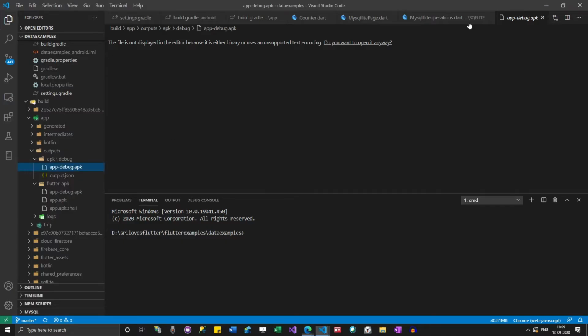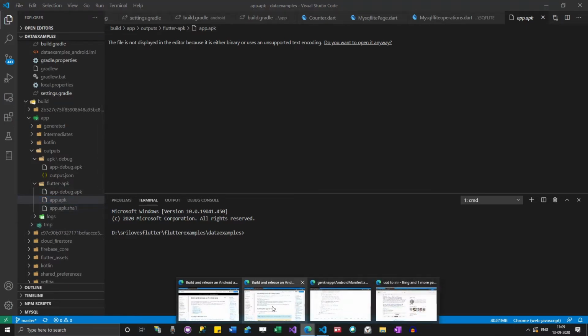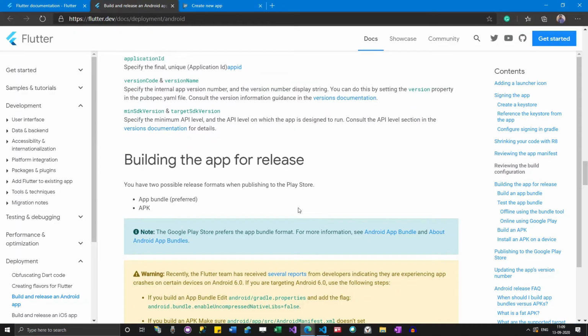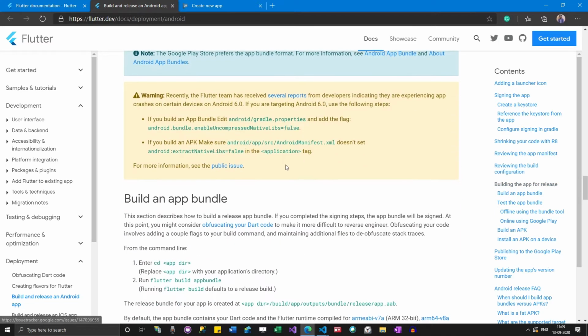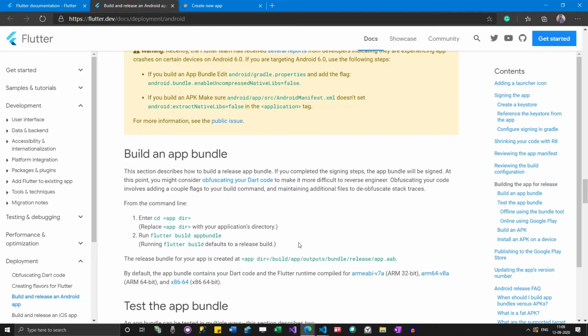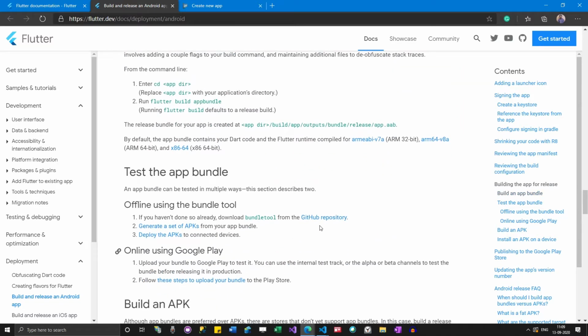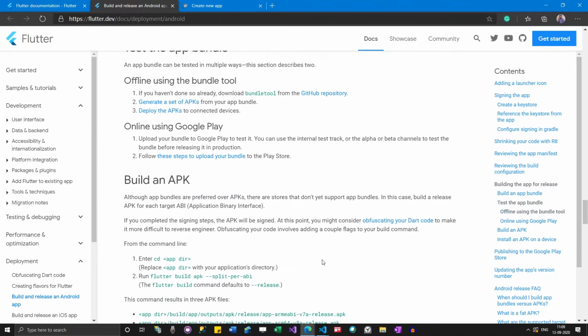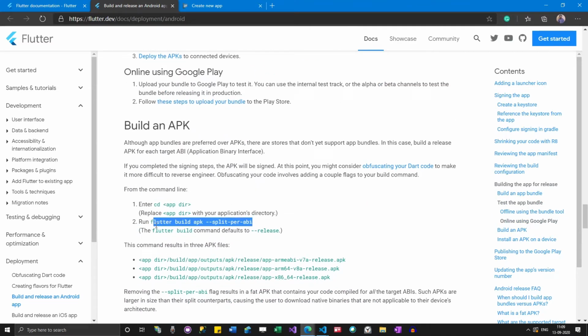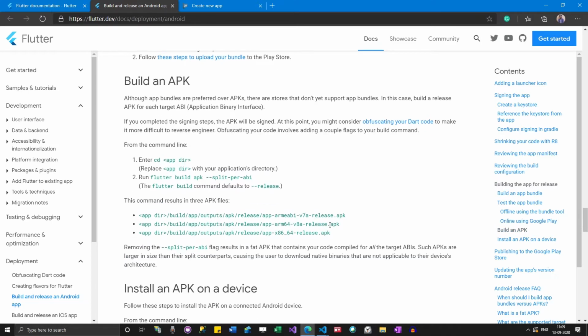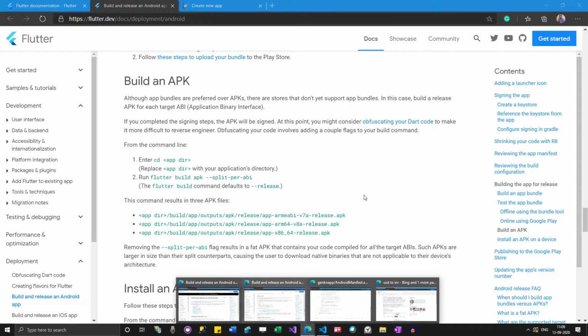Okay, so if you are seeing something like app.apk, but you haven't followed this procedure, don't use that APK, because when you follow this procedure, Google will try to minimize the final app size. It will try to optimize it automatically. By following this procedure, you will actually optimize your file. They have some special commands, you just have to prepare them and run it. Google will optimize these files and then create a bundle for you.